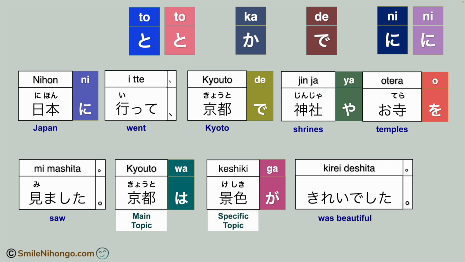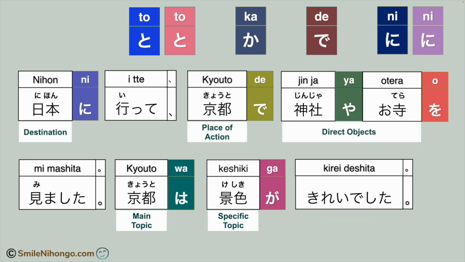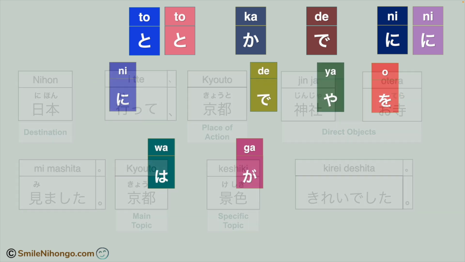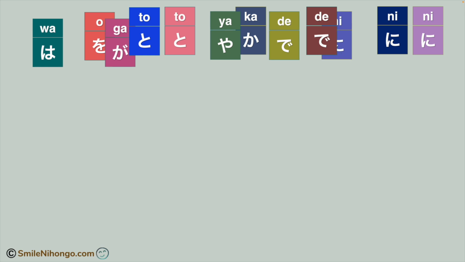That's why you mark it with が。京都は景色が綺麗でした。These are the functions of each element marked by a particle. 日本に行って、京都で神社やお寺を見ました。京都は景色が綺麗でした。